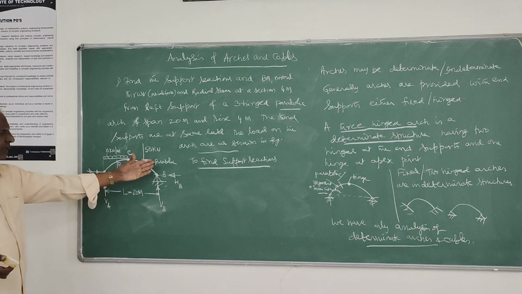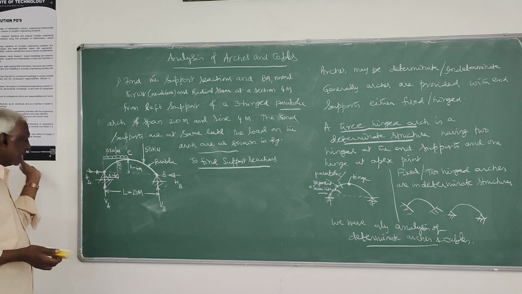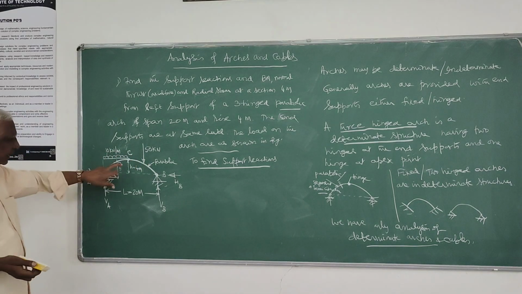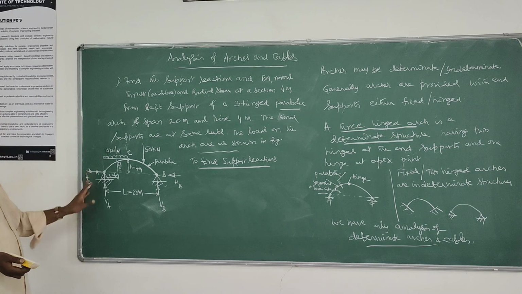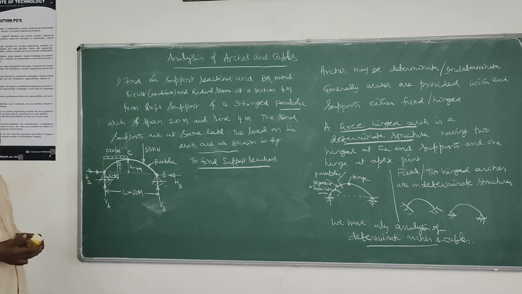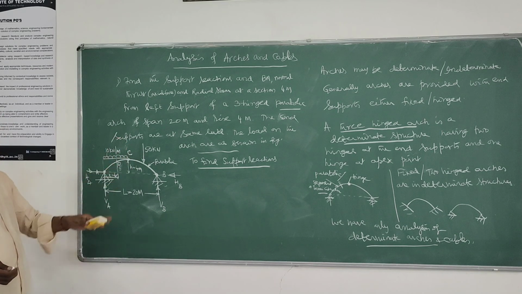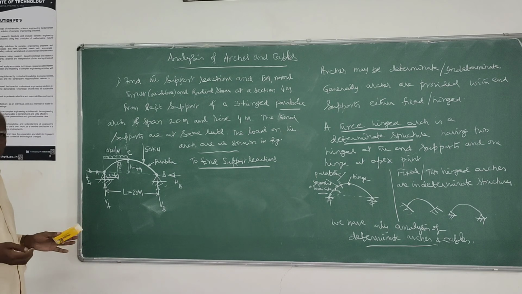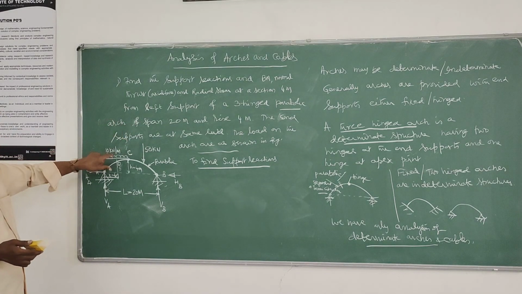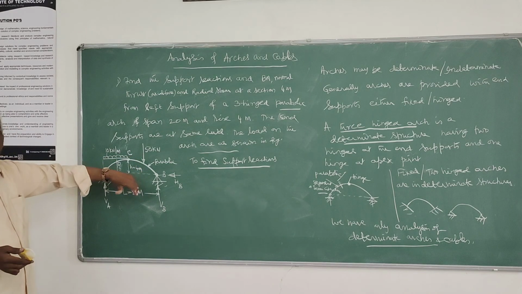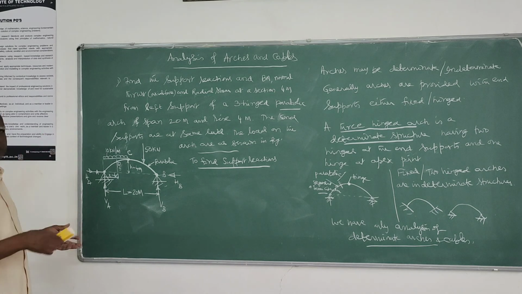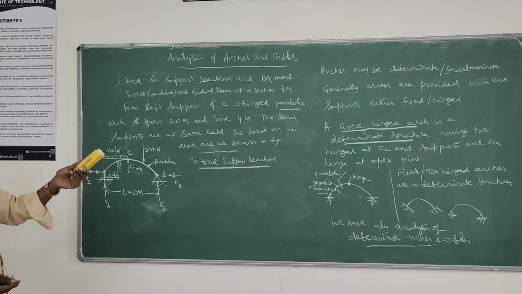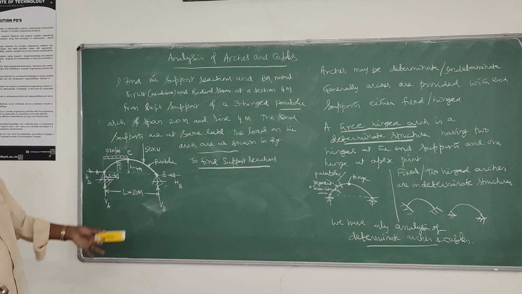Either you can take the parabolic equation in the form of y equals kx squared, taking origin at the center, or origin at one of the support points, that is usually left point, you can take it as 4hx(L minus x) by L squared, and you can get the profile of the arch. That is one thing you have to remember. In case of parabolic arch, what is the equation to the profile? If it is semicircle or segment, it is the equation of the circle which we are taking. That we will show you in another example.